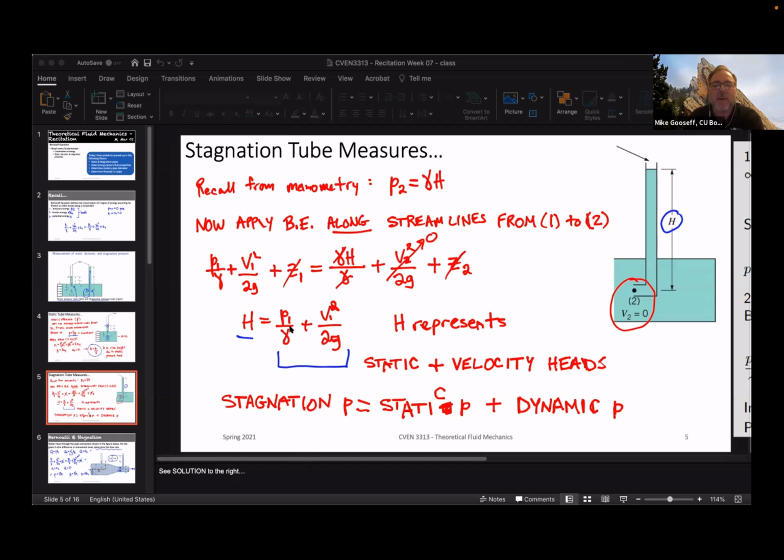you would have P1 over gamma plus V1 squared over 2g. So these two heads add up to 0.37. But what happened with that was if we kept the same smaller diameter. So what you have to do is think, now what happens if I change my diameter to 0.08 instead of 0.05? In other words, that 0.37 is giving you the velocity head if